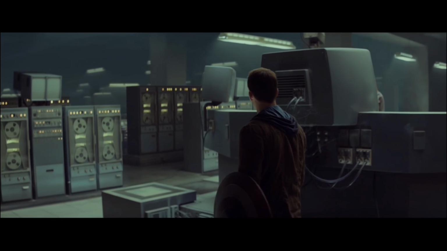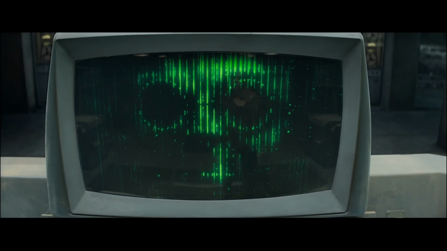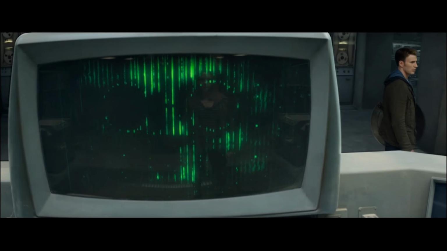So this next scene is the Sitwell interrogation. To just give you some context, Steve has just discovered that Hydra is behind S.H.I.E.L.D. and that there's something called Zola's algorithm. He's trying to interrogate Sitwell to figure out what the algorithm does. Here again, we have another game where both players can play hawk or dove. Sitwell can decide to play hawk and not confess. He can stand his ground. Never heard of it. Or he can play dove and he can give Steve the information he wants.